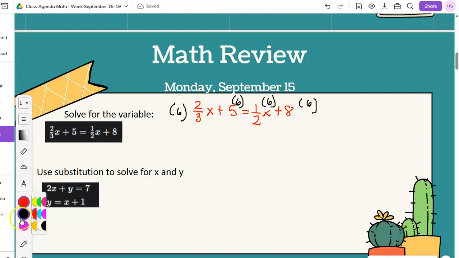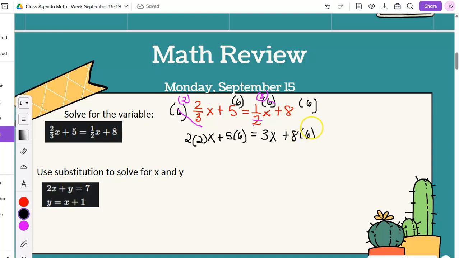Okay, so I can cross cancel 6 and 3. 3 divided by 3 is 1, 6 divided by 3 is 2. So my new number up here that I'm going to multiply by is 2. 2 and 6 can cross cancel because 2 can go into 2 and it can go into 6 3 times. So 3 is going to be my new number. So now I'm going to rewrite these. So now I have 2 times 2x plus 5 times 6, because we couldn't cross that 6 out, equals 3x